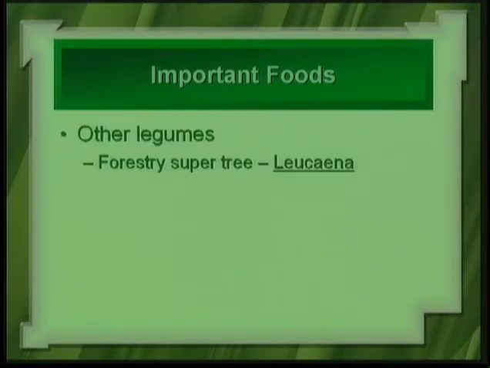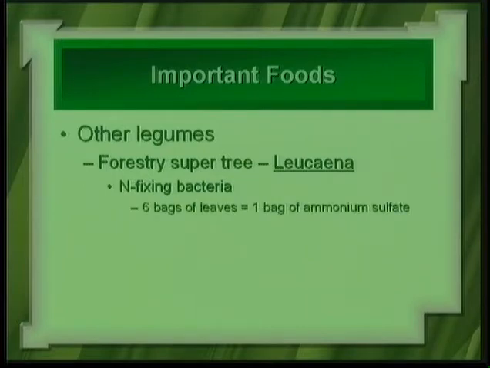Another thing too is since Leucaena leucocephala has nitrogen-fixing bacteria, you can actually use it as a green manure. 6 bags of leaves will equal 1 bag of ammonium sulfate. This is like a chemical source of nitrogen, ammonium sulfate. So if you just have 6 bags of leaves, this is something that we have also seen illustrated